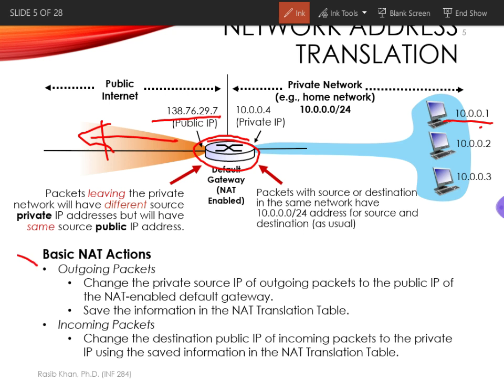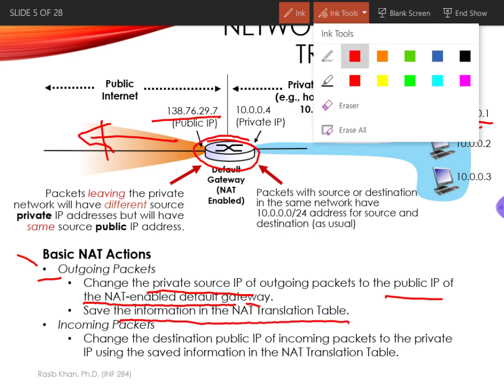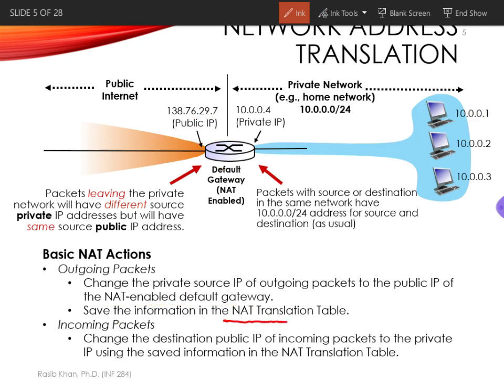So the basic NAT actions for outgoing packets is that it would change the private source IP of outgoing packets into the public IP of the NAT enabled default gateway. In addition to it, it also saves this particular information in the NAT address translation table. So this is a table which maintains the records that whatever hosts on the private side is accessing the public internet, and which IPs have actually been converted